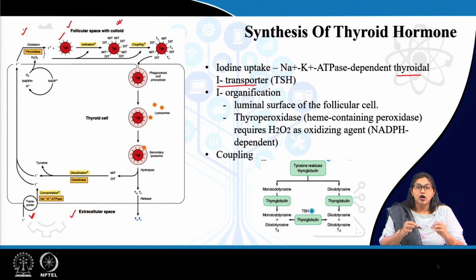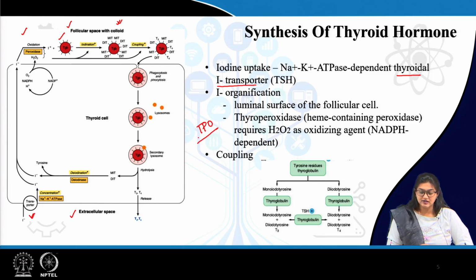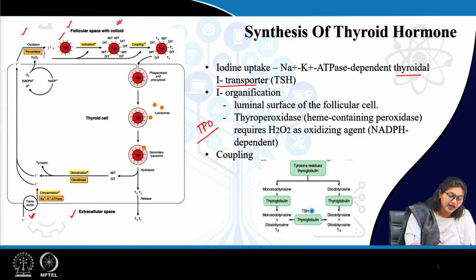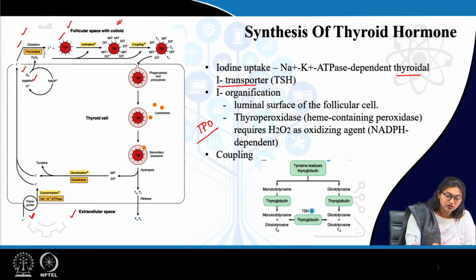Now, iodine organification is basically iodination of thyroglobulin. Remember, here is the very important enzyme thyroperoxidase, also represented as TPO. Thyroperoxidase is one enzyme which contains heme and requires H2O2 as an oxidizing agent, and also requires NADPH for the organification. So, here you can see with the help of NADPH and oxygen, iodine organification is there with the help of the peroxidase. So, thyroglobulin